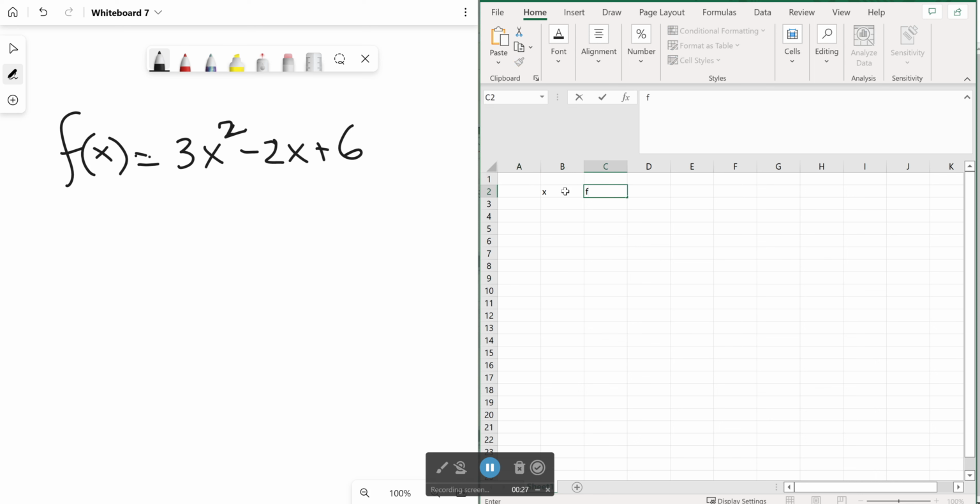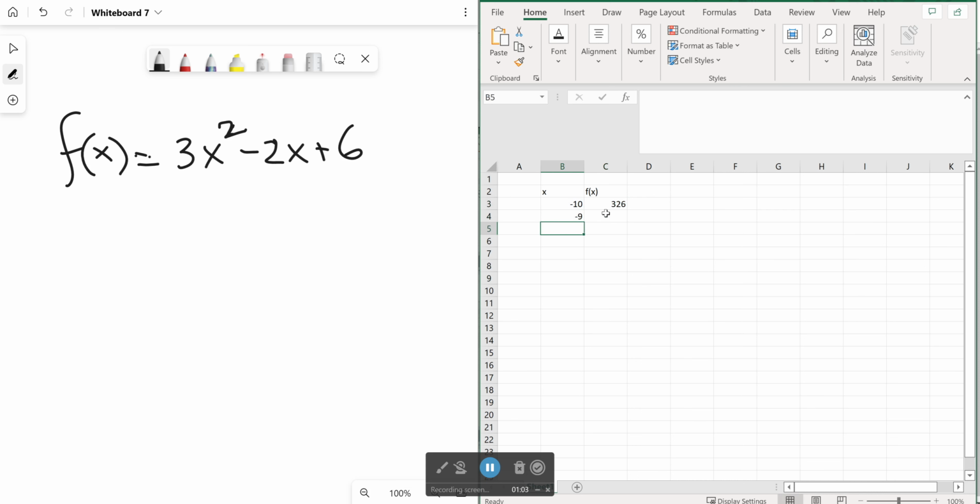a table of values. So the way to do so, let's say the domain, I limit myself to the interval -10 to +10, for instance. So I need to provide the formula, which is 3 times x squared, so caret 2 minus 2 times x plus 6. And then